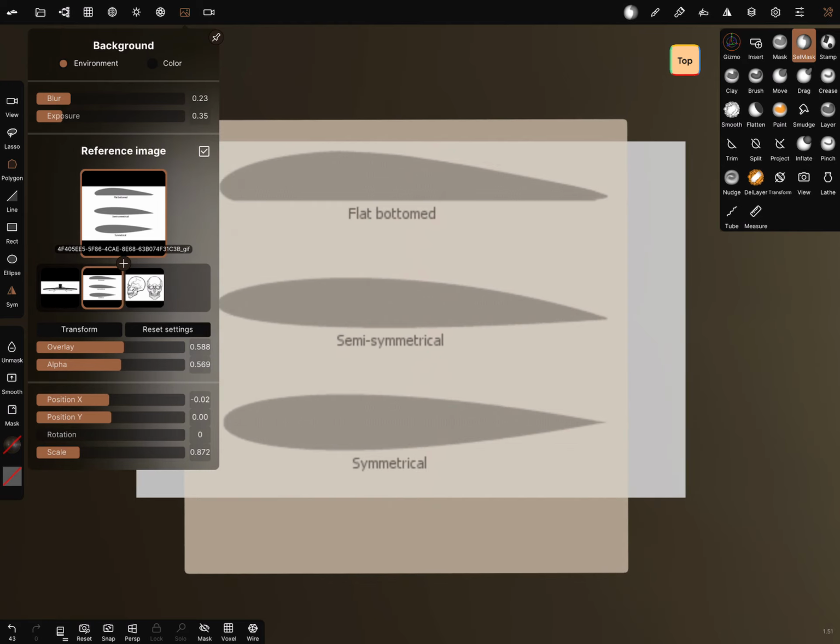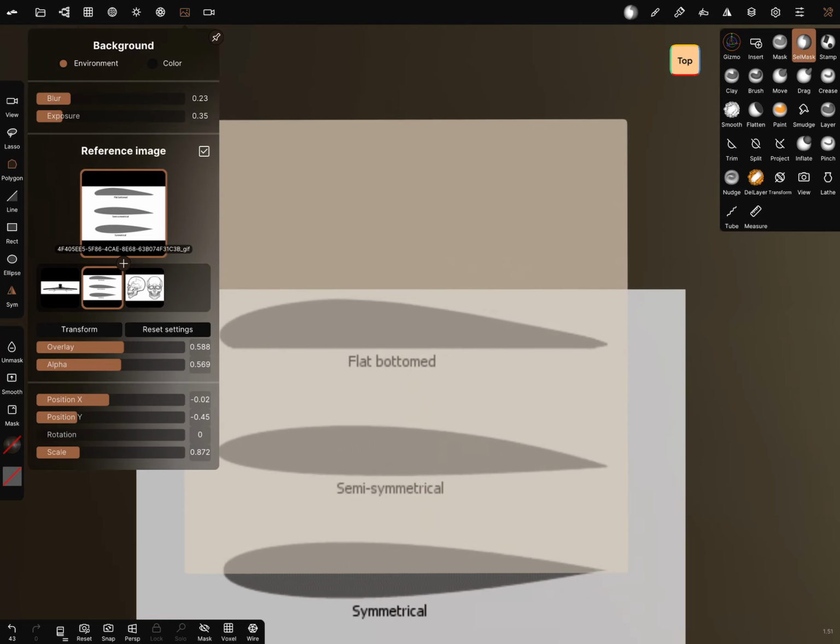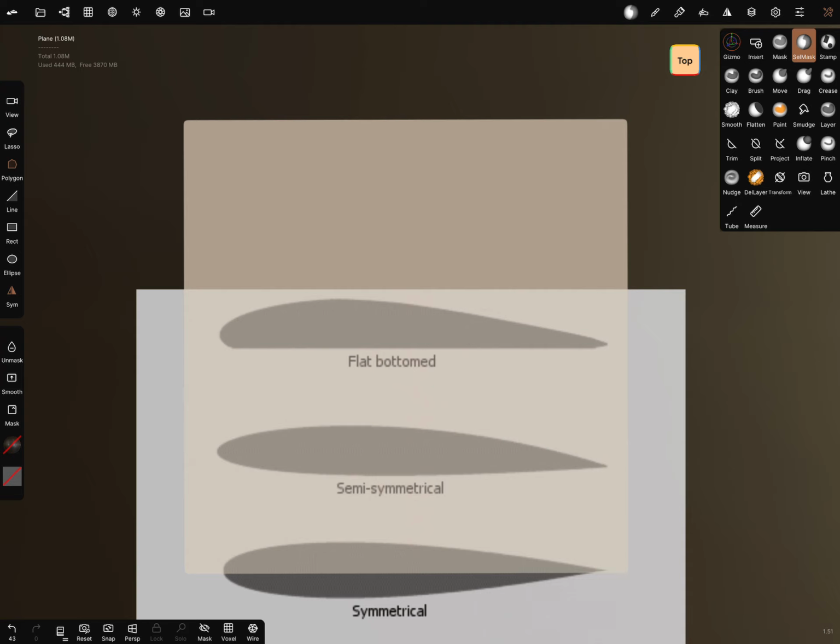I draw the flat bottom. Okay. Now selection mask is on, symmetry is off.